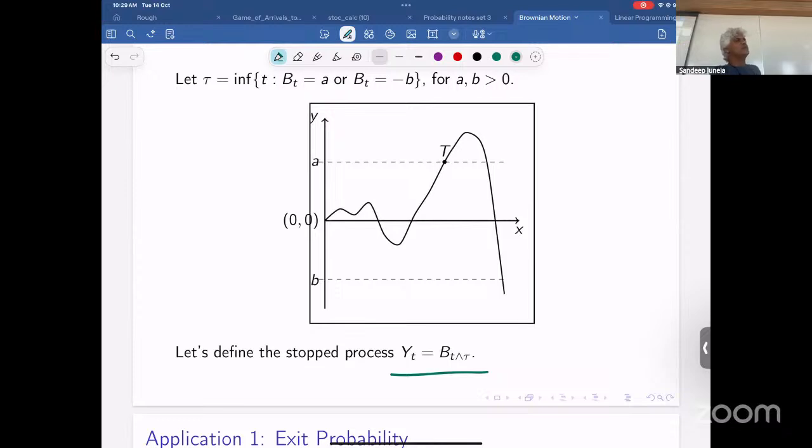See, what we proved is that in discrete time, if I give you a martingale and a stopping time, then the stopped process is also a martingale. In continuous time, we don't know. In continuous time, the same is also true. I'm saying this without proof. If I give you a martingale in continuous time and a stopping time,